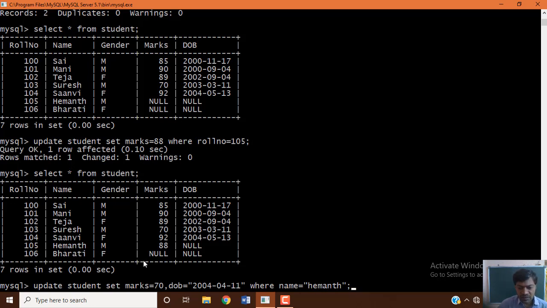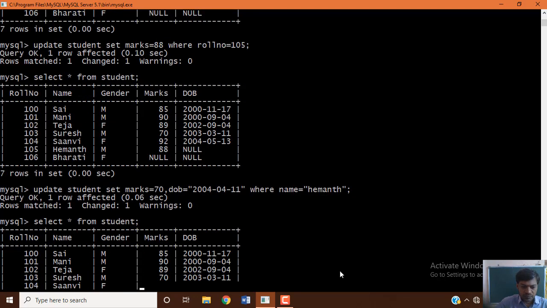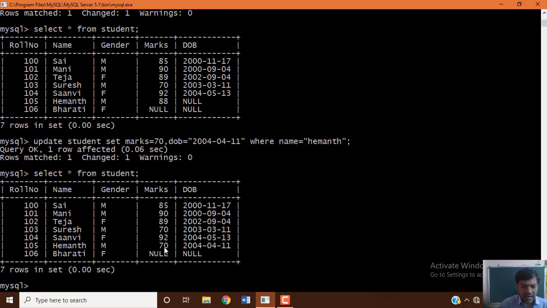So that is how it takes place when this query is executed. You can see the updation by using the retrieving command, select star from student. You can see now the marks and date of birth of that particular student are updated. Multiple fields updation, updating null values.